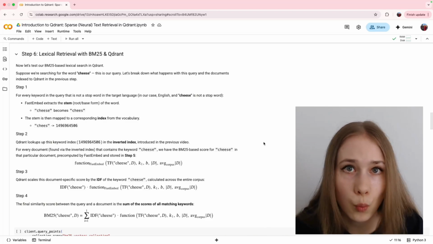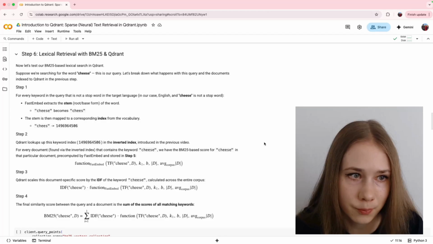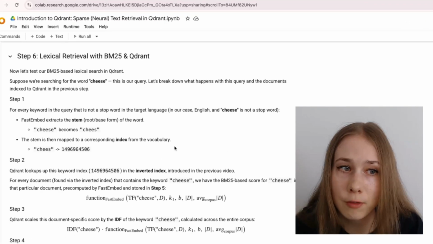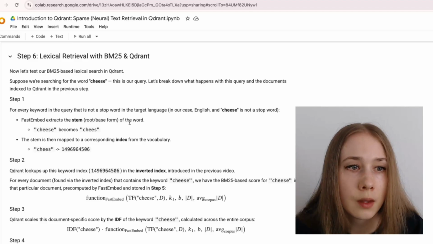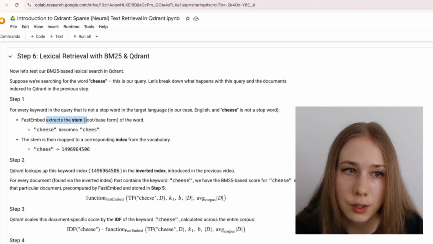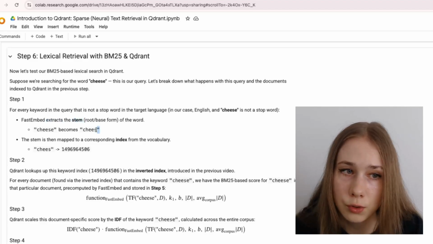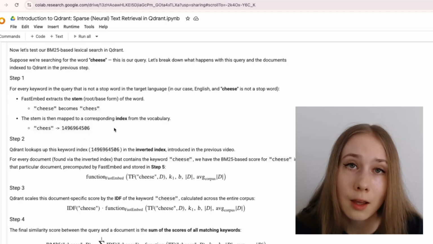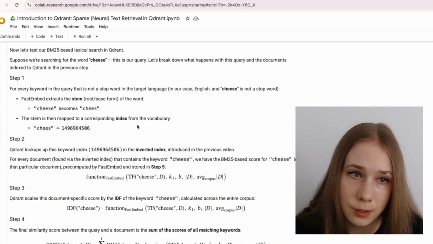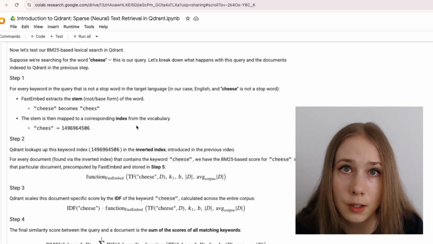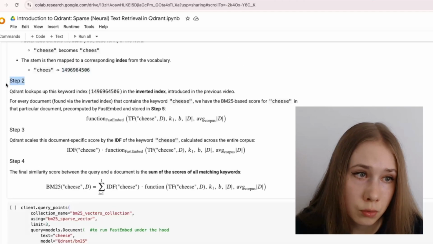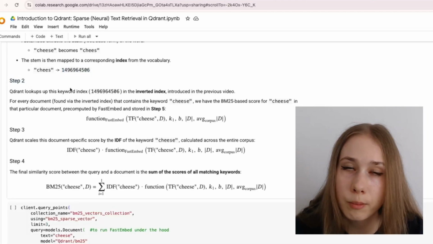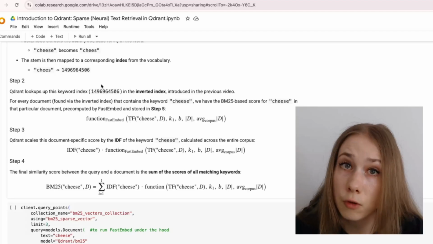Let's break down what exactly is going to happen. In step 1, for every keyword in the query, our query is one word, cheese, FastEmbed will extract its stem, so it's going to become cheese. And then the stem is going to be mapped by FastEmbed to a corresponding index that we're going to use in our sparse representation. Then in step 2, Qdrant will look up this index in the inverted index,